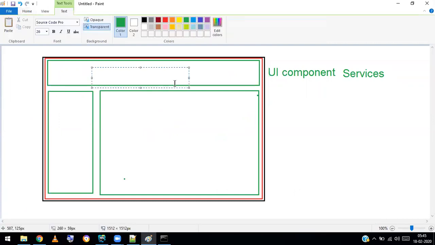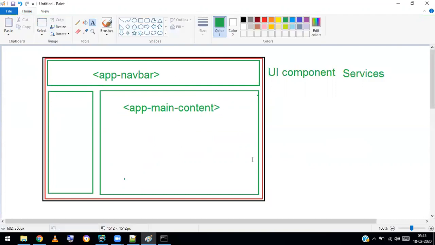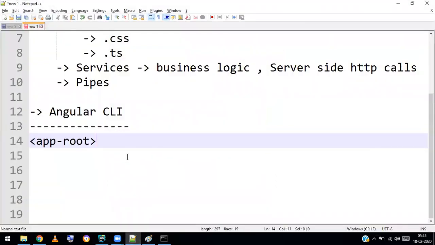If you're developing a navbar, you'll have app-navbar; you create app-main-content, your own tag, like that. Each component has a custom tag. For the entire root component, we have a tag called app-root.